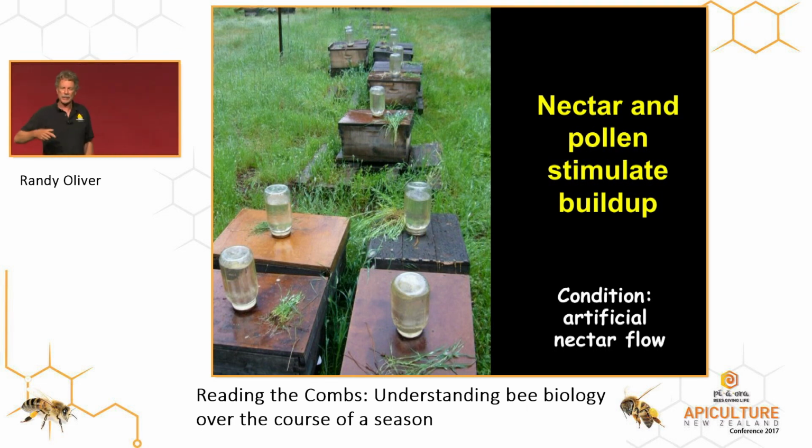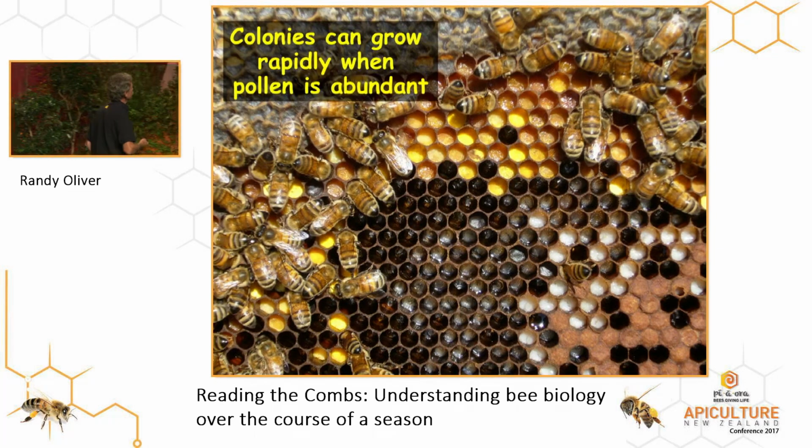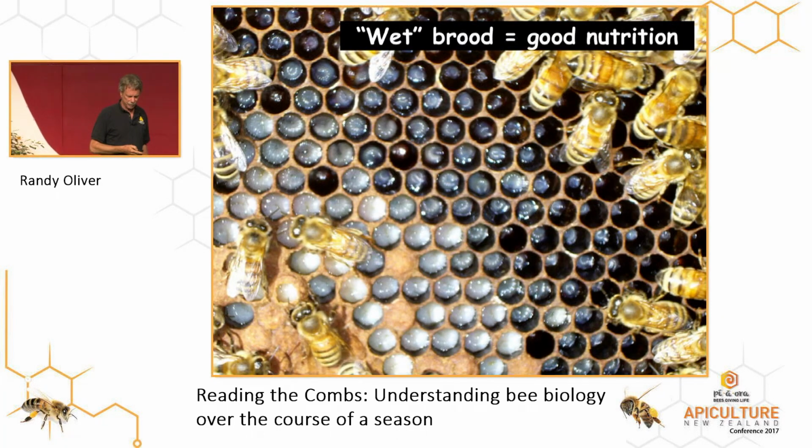But this will simulate the nectar flow. So remember, the bees inside where it's dark, they don't know what's happening, but if they've got a pollen patty there, then they think that there's plants blooming, and if they've got nectar coming in the form of syrup, they think there's a nectar flow, so they will continue their normal spring buildup irrespective of what's happening outside, because we want them to keep building back up so they'll be big for the honey flow. Now, when there's plenty of pollen, then the colony grows very, very rapidly. Again, putting on about 500 additional bees per day.